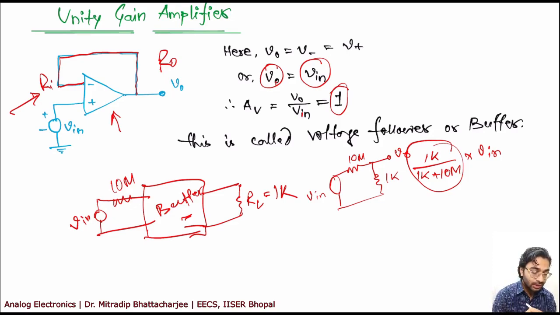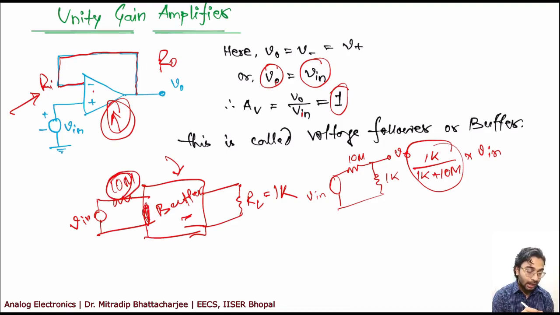In such a situation, just to match the resistances, you put a buffer, this kind of circuit, where the input resistance will be very high, of this order. So you have taken care of this, and the output resistance will be low, of that order. So you can adjust this and use it as a buffer to get rid of this kind of loading effect. So you won't find any loading effect if you put a buffer in between. So this is the application of the unity gain amplifier.